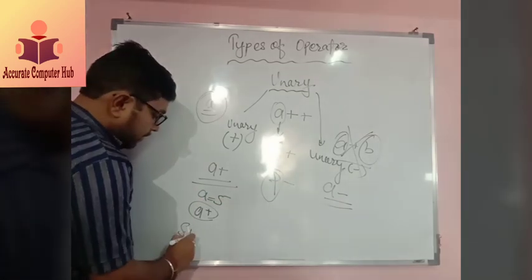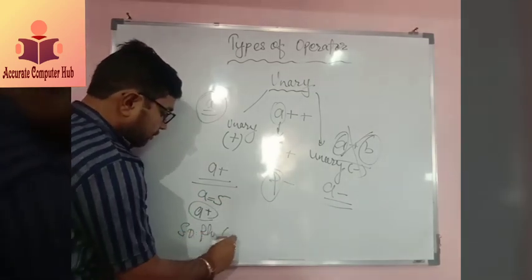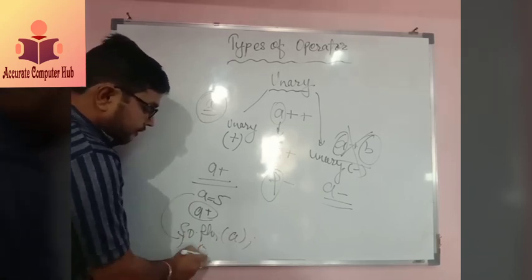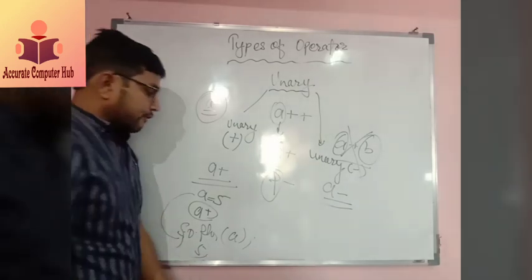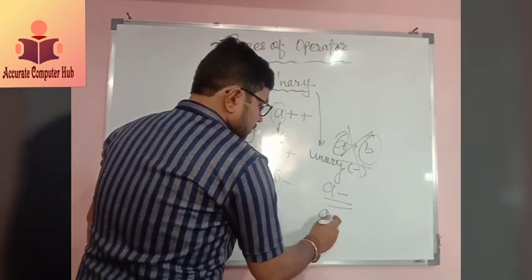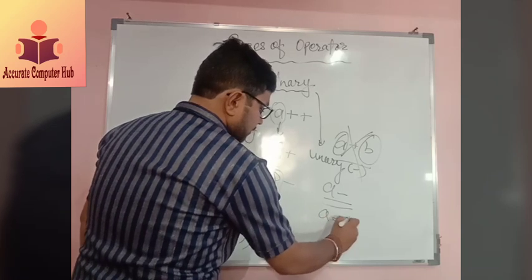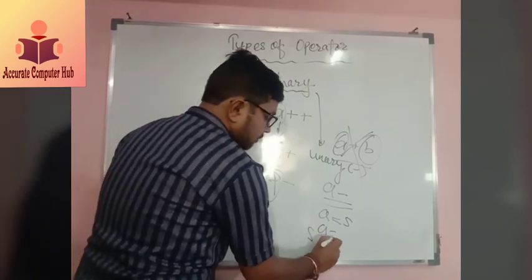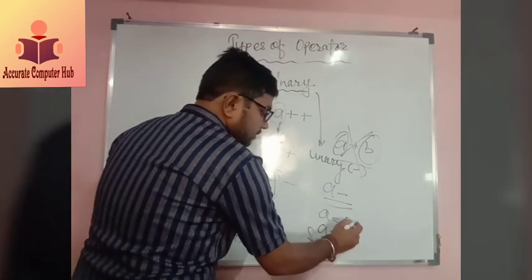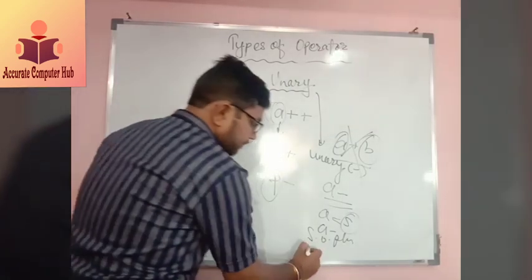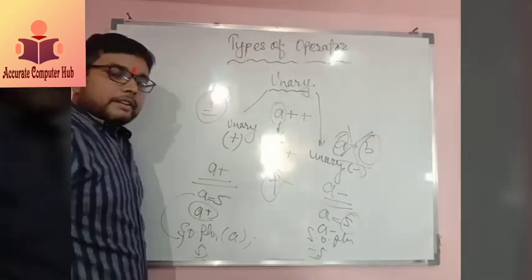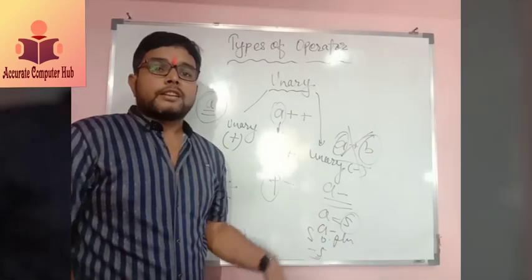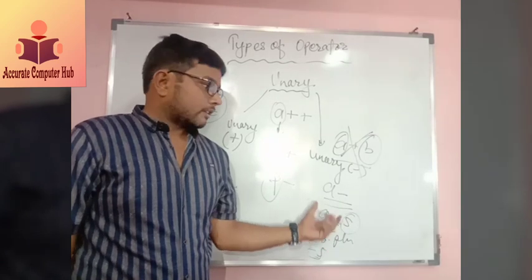You have to print the value of a, system.out.println, then the same value of a will be printed, answer will be printed 5, there will be no change. If you are writing a minus, a equals to 5 and you are performing a minus operation on that and you print system.out.println, then the sign of the value is changed, the answer will be printed minus 5. So this is the use of unary plus and unary minus. In the example we will learn all about that.